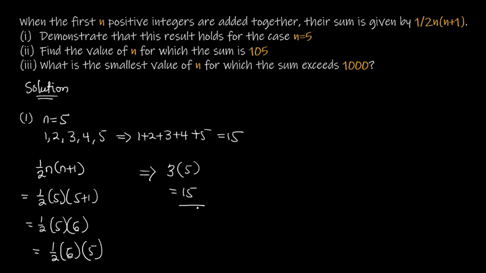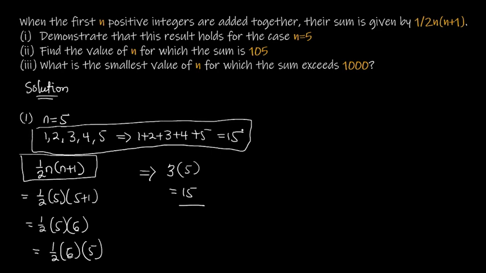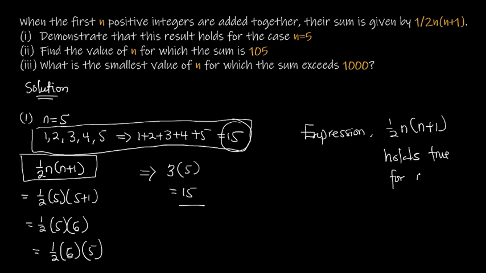So over here I can say that I have 15 if I use the value n, which is equal to 5, and I substitute it into this expression, I get 15. Now if I use the manual way and I add them by myself, I also get 15 at the end over here. So it means that the expression half n into bracket n plus 1 holds true for n is equal to 5 as required by the question over here. All right, so let's proceed to